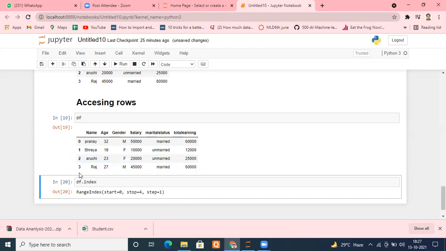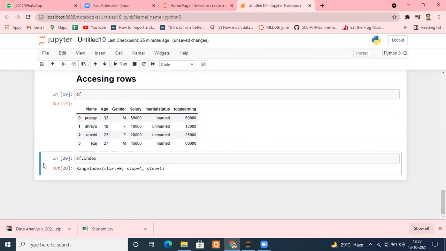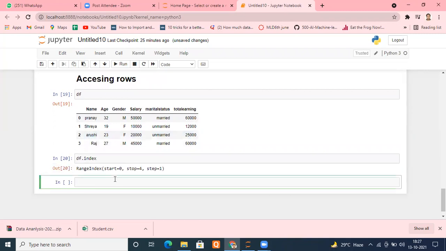But what I want to do is change these indexes and bring the indexes as per my requirement. Suppose I want to name them index A, index B, index C, index D. So how can I do that? One of the simplest ways: I type my index.